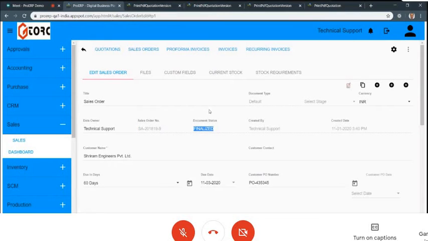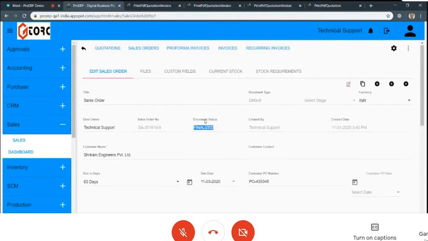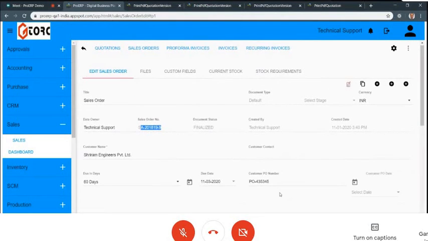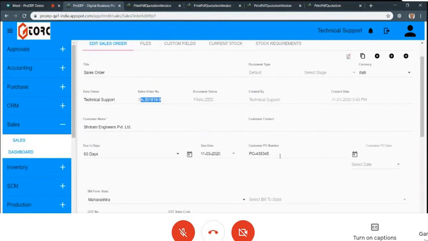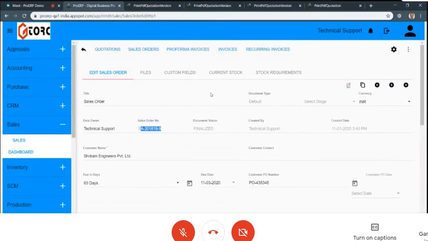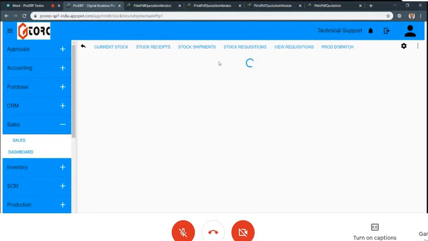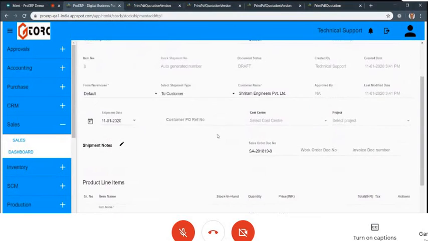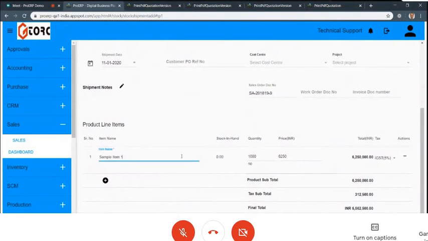Or maybe you just accept the material. These are different processes different companies follow, or you just accept their purchase order, do the work, and do the deliveries. Of course, you can have manufacturing around this, but I'll keep it simple right now: we delivered items. So you can create a shipment against this purchase order. It takes me to the inventory shipment. I make it simple here that this is a ready-made item.